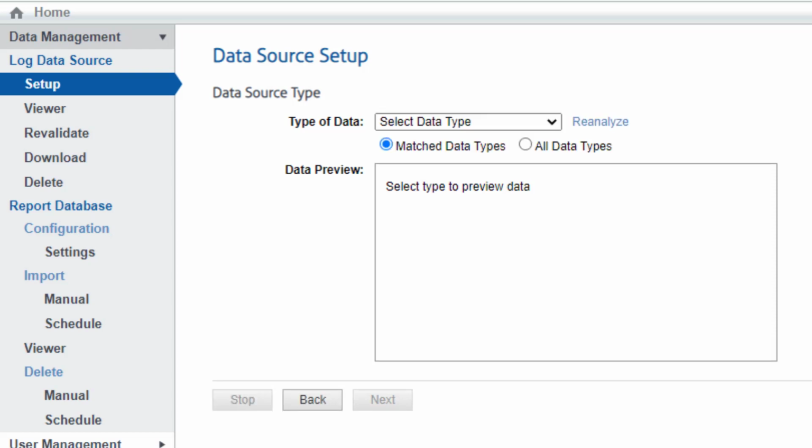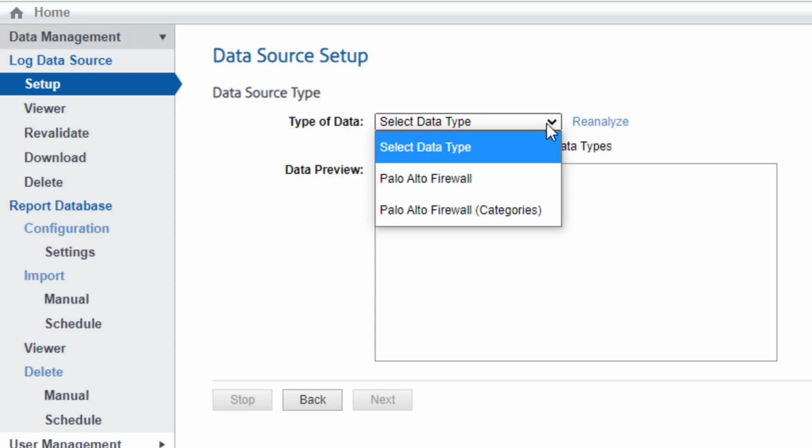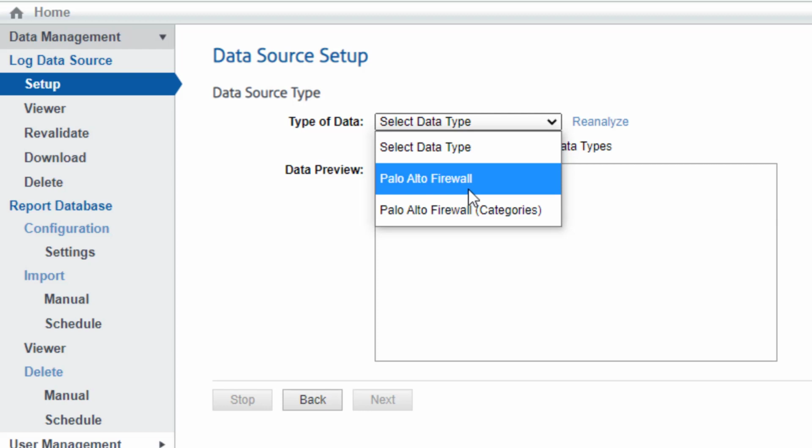In this tutorial, we use Palo Alto firewall log data, and as you could see in the pull down, Cyfin automatically detected the data was coming from the Palo Alto firewall. So let's select the Palo Alto firewall parser, and we have two here. The first parser uses the categories provided by Wavecrest Computing. The second parser uses the categories provided in the Palo Alto log data. So let's select the first parser,